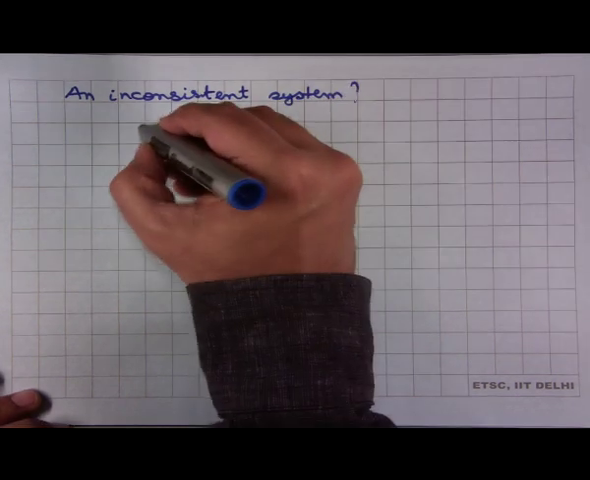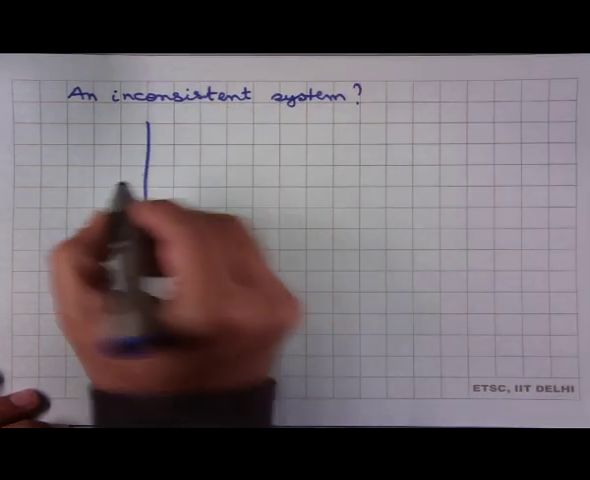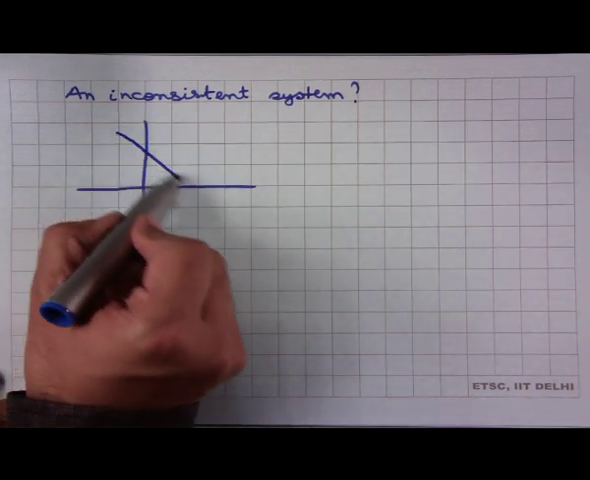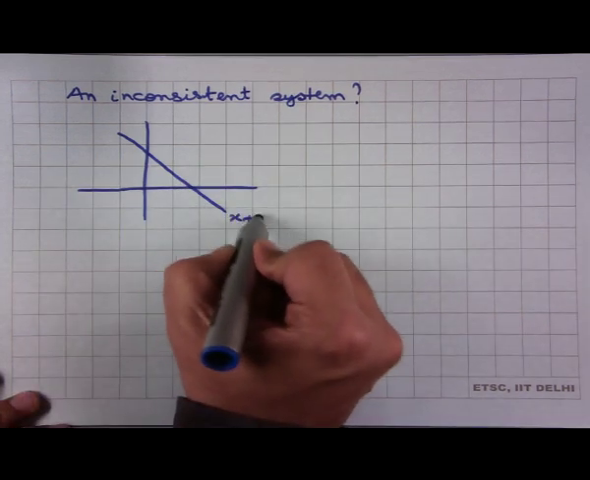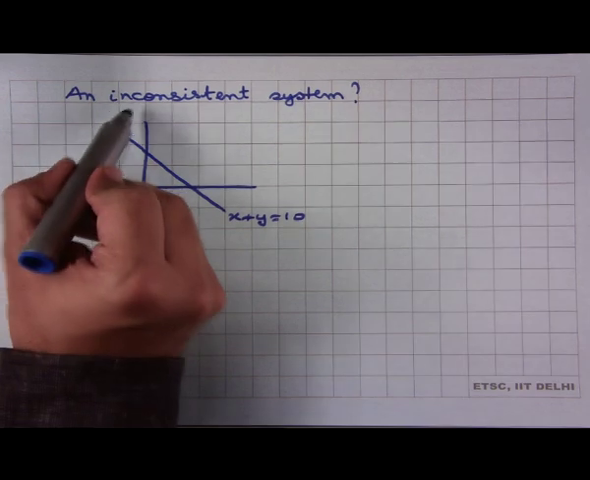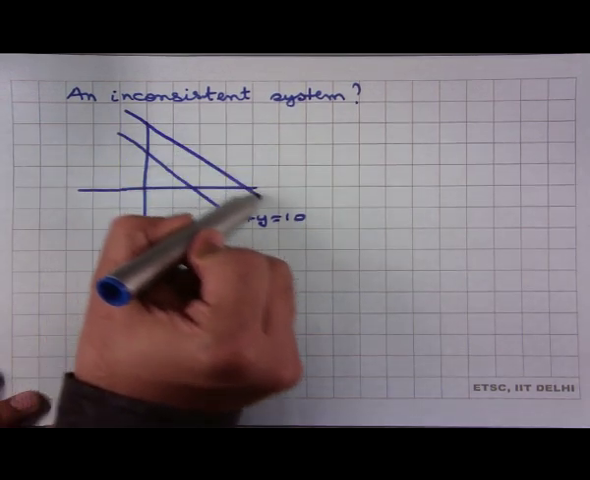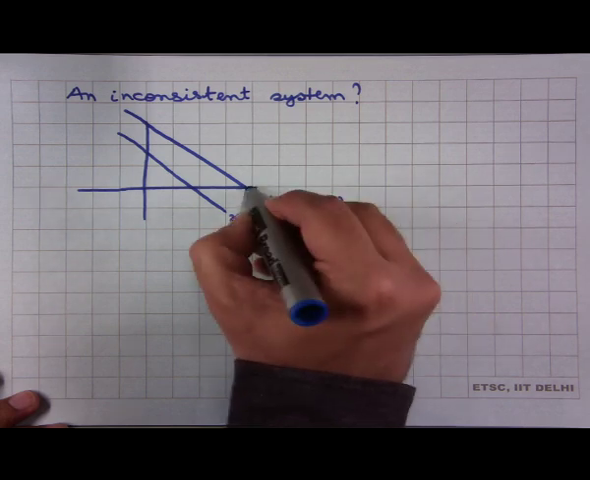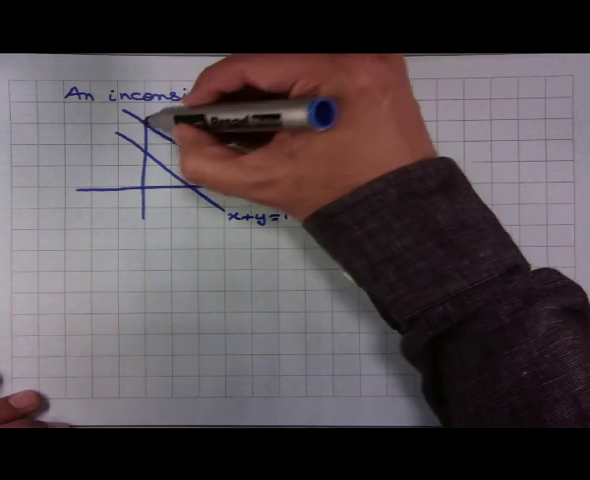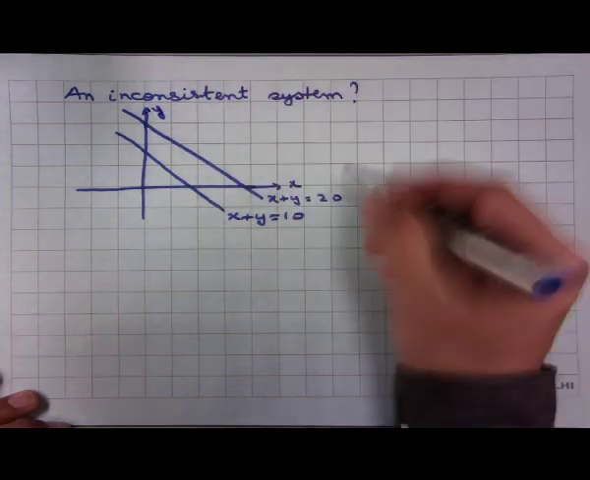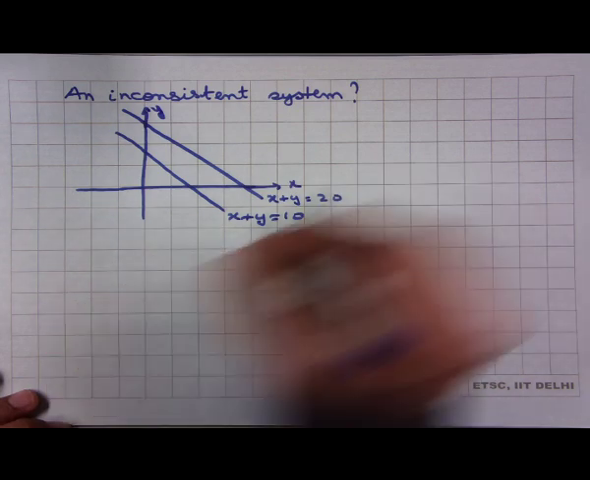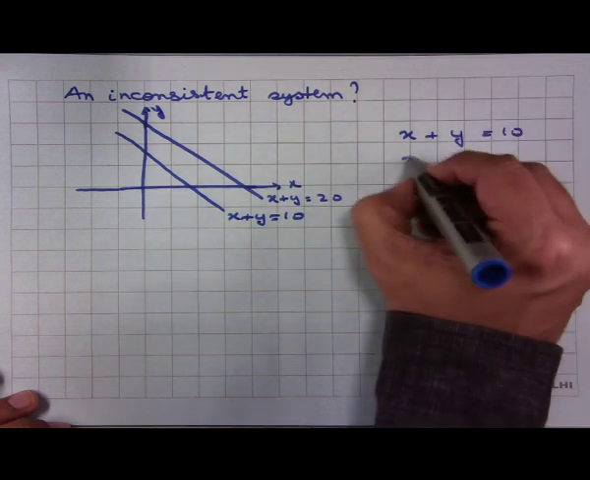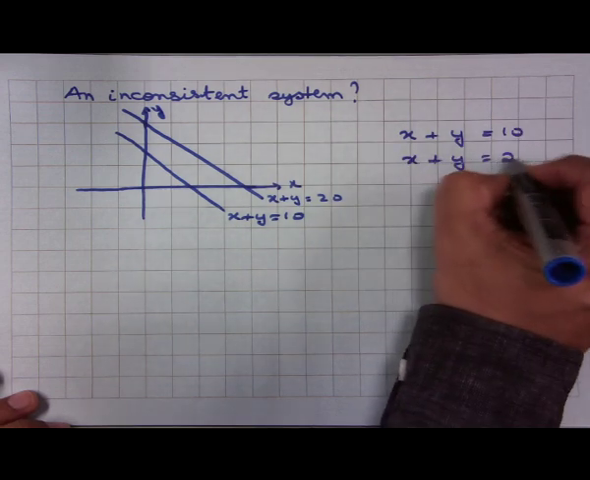So, suppose we look again in the phase plane at two lines. The original is x plus y equal to 10. Suppose we have another line, which is x plus y equal to 20. This is x, this is y, and clearly these are two parallel lines. So, if we write down these equations, x plus y equal to 10 and x plus y equal to 20,